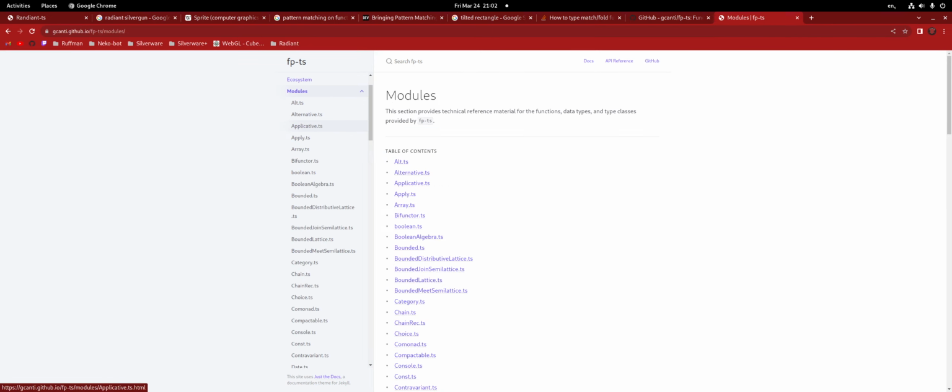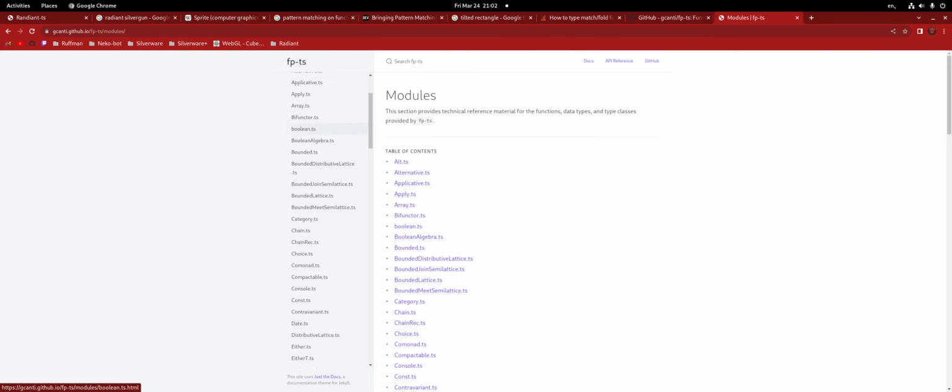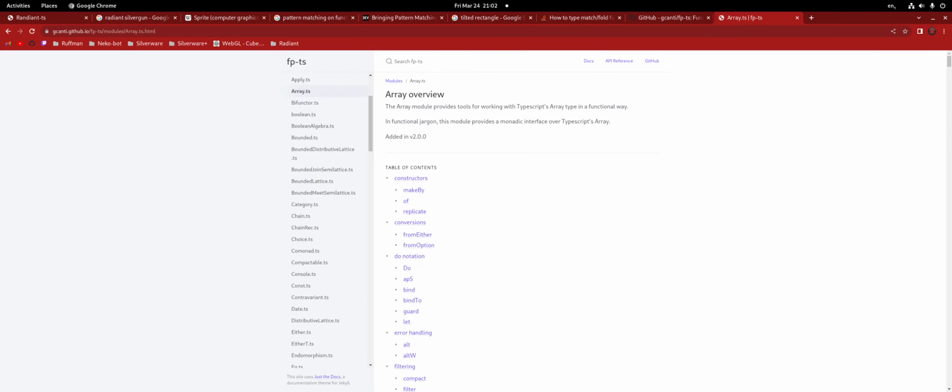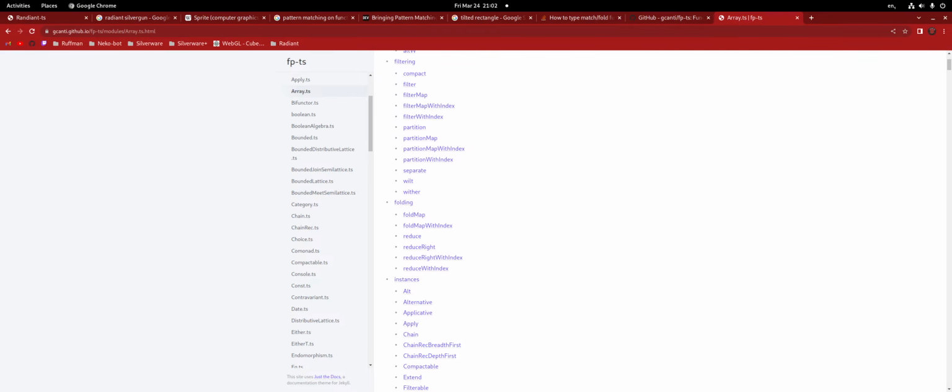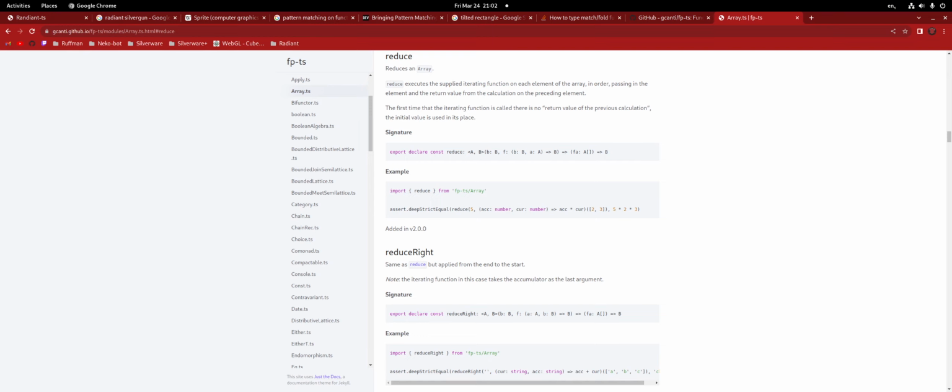Unless you are using some other kind of data structure from the library, then you don't need that. So you're using arrays, right? Yeah. Folding, as Nanta said, is reduce, right? What is the difference from the normal one? Probably none. That's really weird. It executes the supplied iterating function on each element of the array, and the return value from the calculation of the preceding